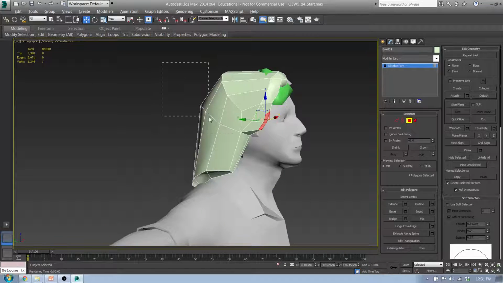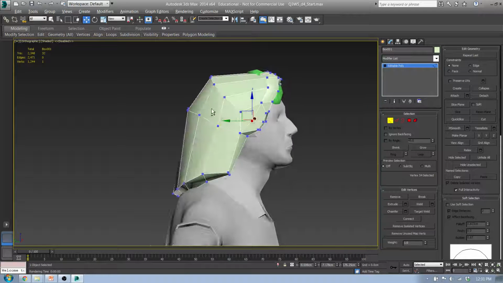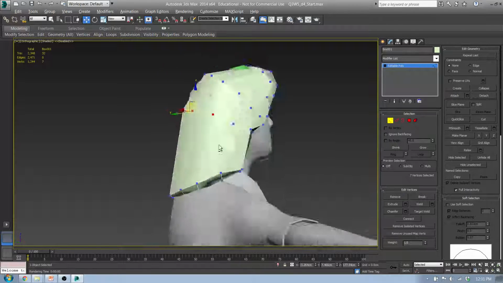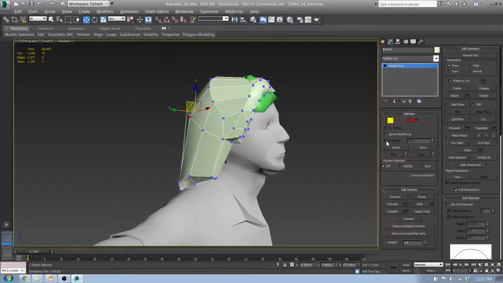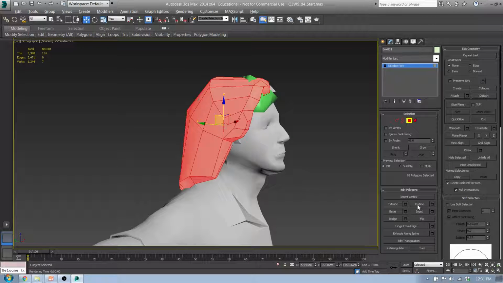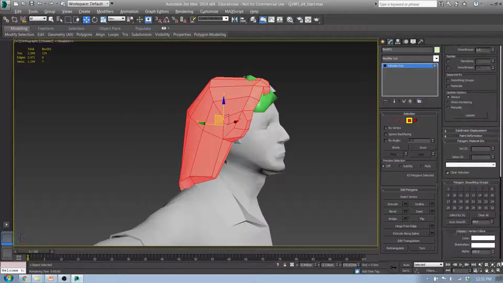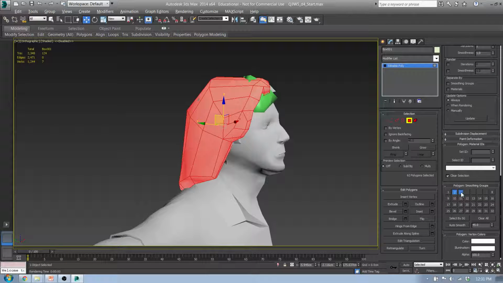Once you have the rough general idea, you could always delete the skull underneath if you want to save verts. You can add more edges through here to sort of give it a better look. But at the end of the day, what I'm going to do is grab the whole thing and then make it all one smoothing group. And that way, when it's done,